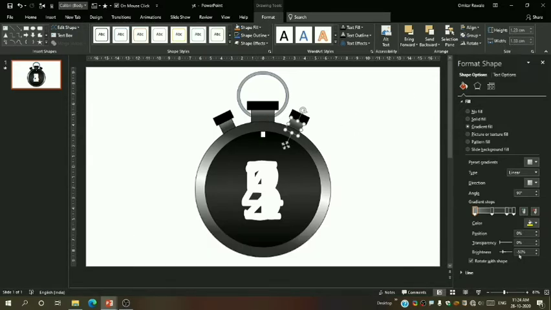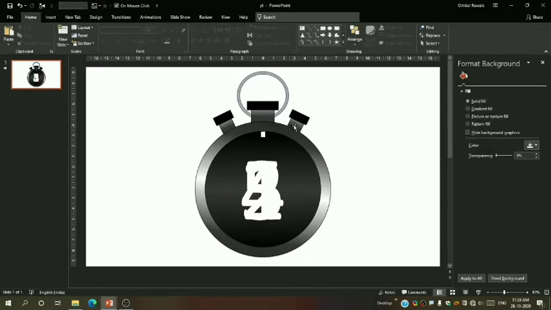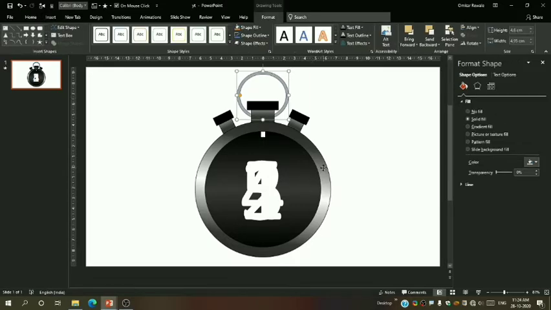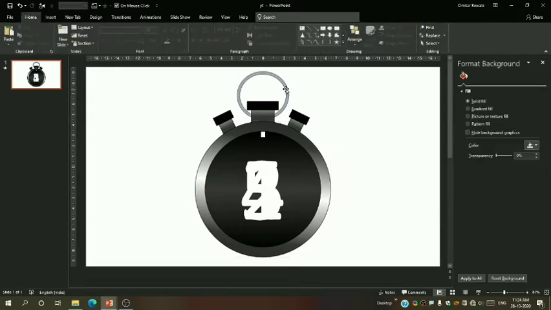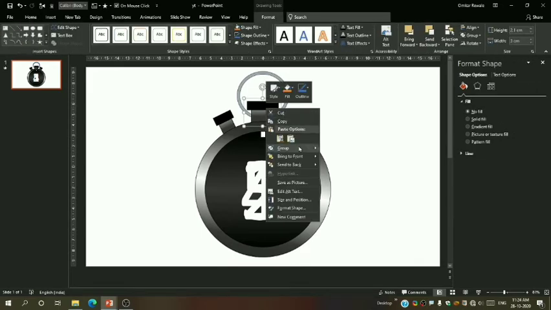Now if you want, you can give the gradient color. This is the same gradient color which was applied here, only the thing is I have taken this to first and the remaining I have put back, and the first white color I have changed to light gray. This is the same shape with the gray color. Let me show you this.